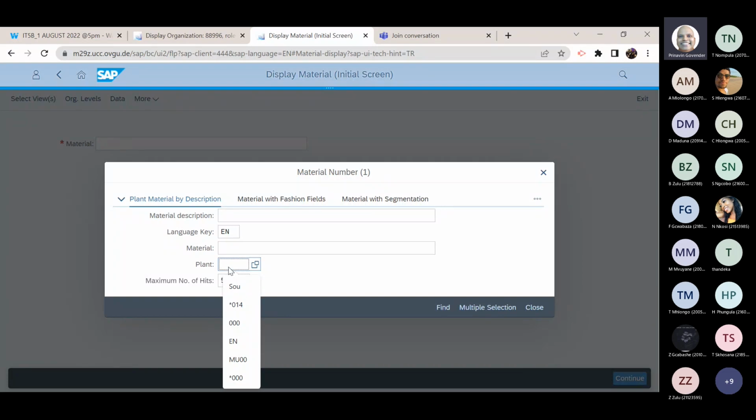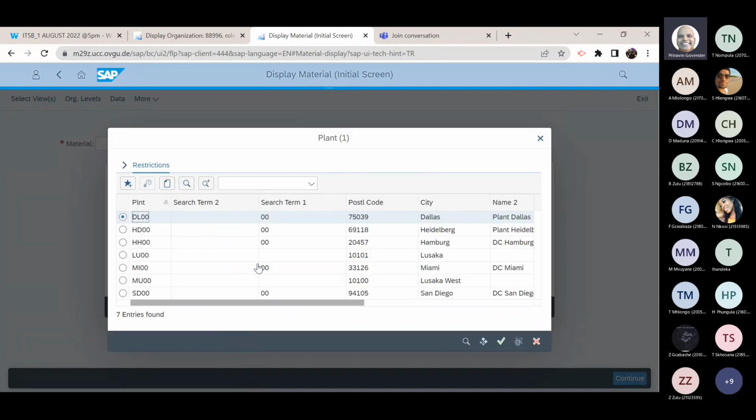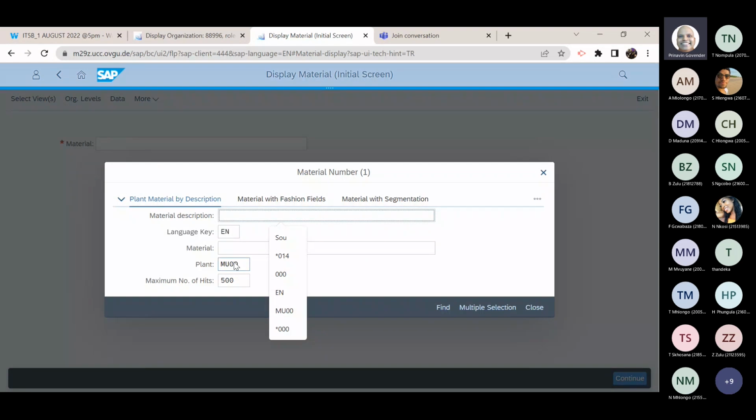So we have to enter a code. Now, if you don't know the code, you can search for it. And we're going to search for Lusaka West. So that's the plant, Lusaka West. And the postal code is 10100. And the plant number is MU00. So let's click on the green tick. I copy that, and there's the plant number out here. In the materials field, there's my materials field. I need to enter my user number. My user number is